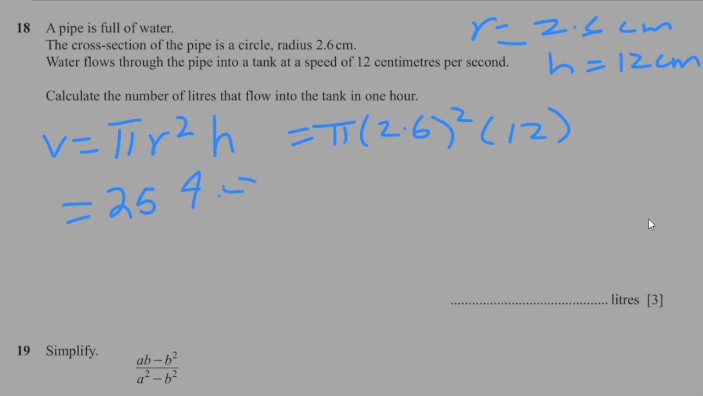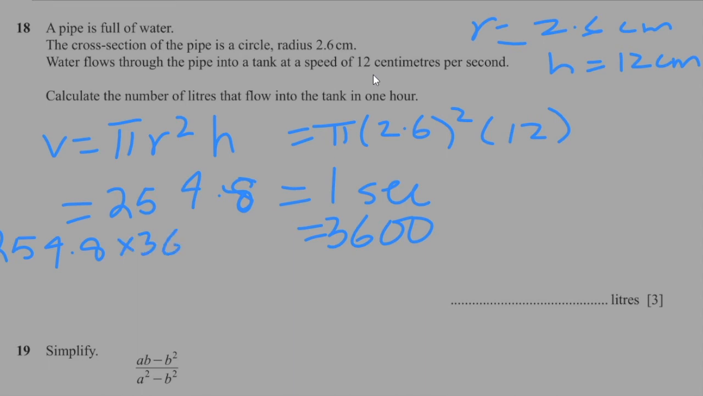254.8, but that's just the amount of water which flows in per second. But we need to know the amount of water which flows in an hour, which means 3600 seconds. So I'll multiply 254.8 into 3600, and that gives the answer as